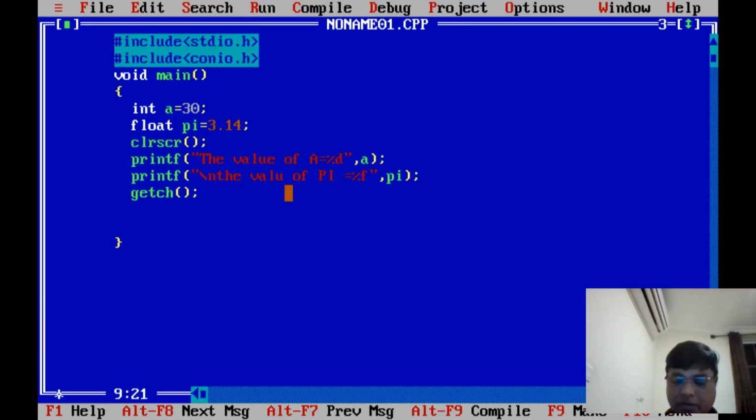Okay, so this is how to declare variables, how to declare data types, how to retrieve the value from a variable, and how to use formatted strings in programs. In the next video, we are going to see control statements and conditional statements, and how to use them, along with operators, logical operators and bitwise operators. We'll see all those operators, and then we are going to move on with C programming.